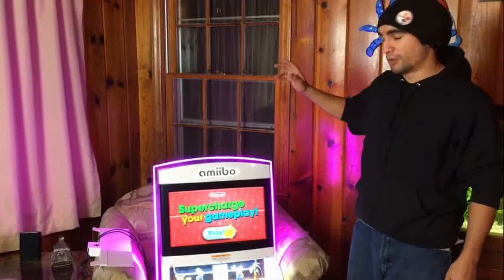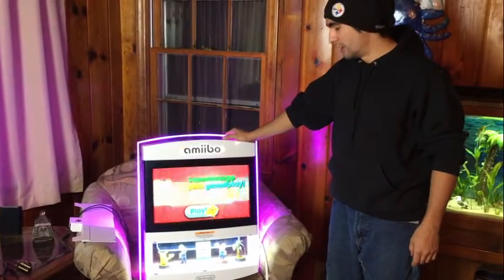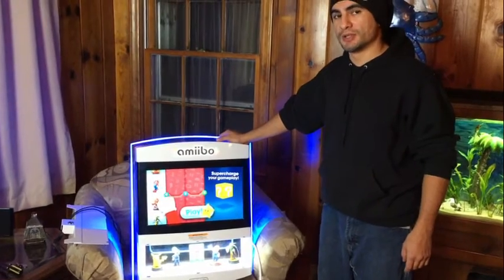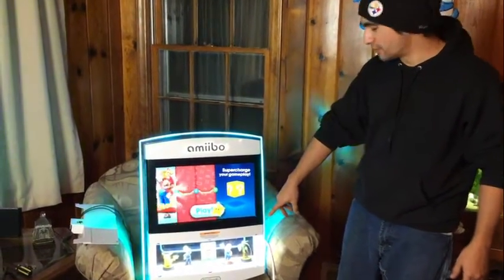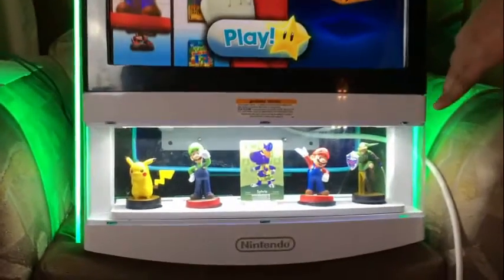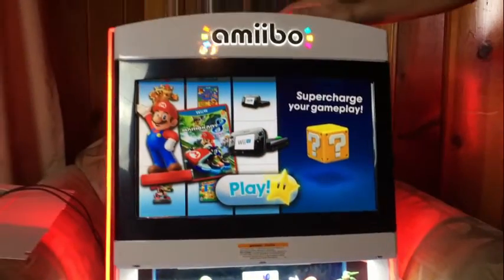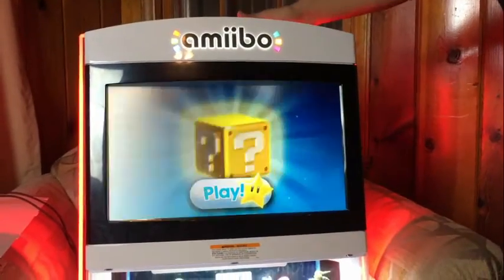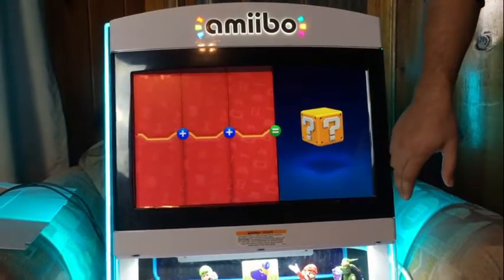So we also found this amiibo kiosk. It basically just runs a demo of the Nintendo amiibo figurines down there that you can see. Pikachu, Luigi, Sylvia card, and Mario and Link. Before I just go showing it off on the back side, I'll just run a little demo here so you guys can see. It's a little loud, but